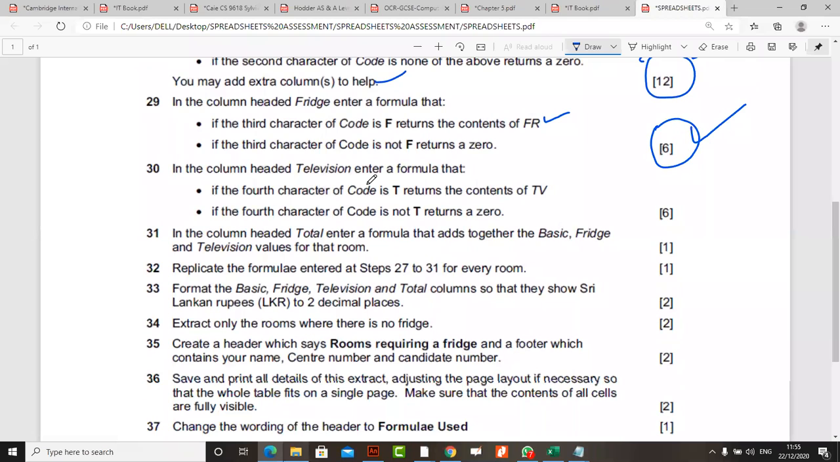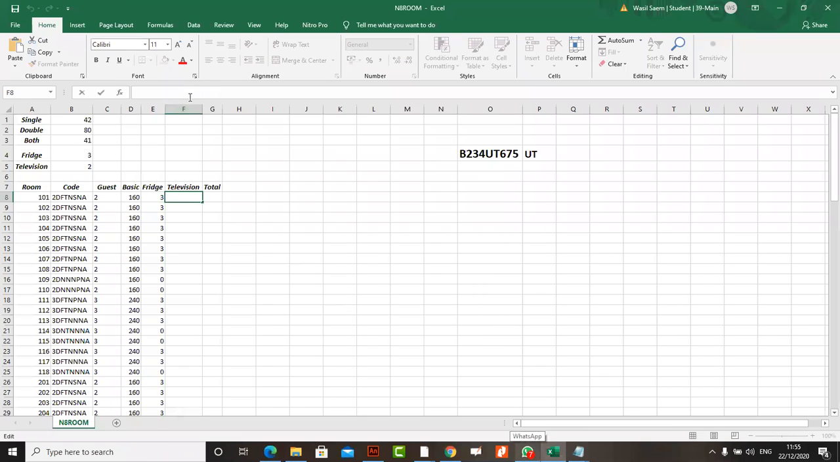In the column headed television, enter the formula that if the fourth character is T, so equals if,